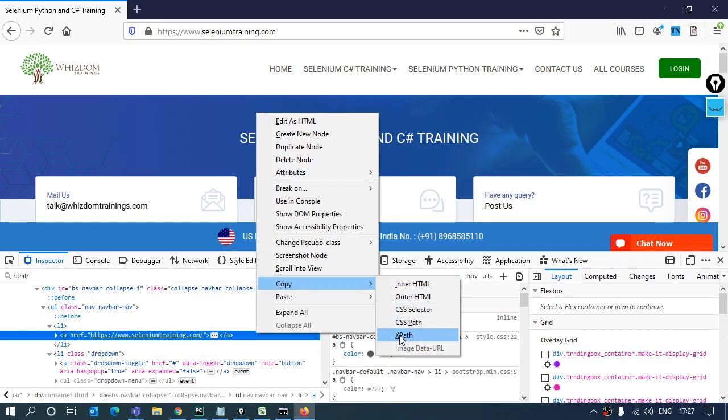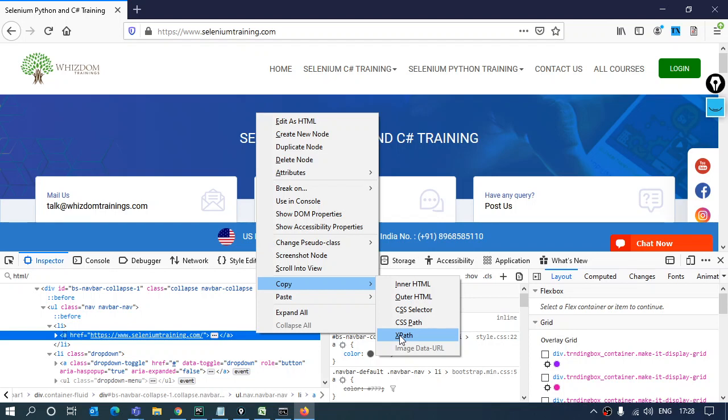Now it's totally up to the browser how it's going to return you the XPath. How it actually happens is, if the element that you are looking for has the ID attribute, then it will return you the partial XPath. If the element does not have the ID attribute, it's going to return you the complete XPath.